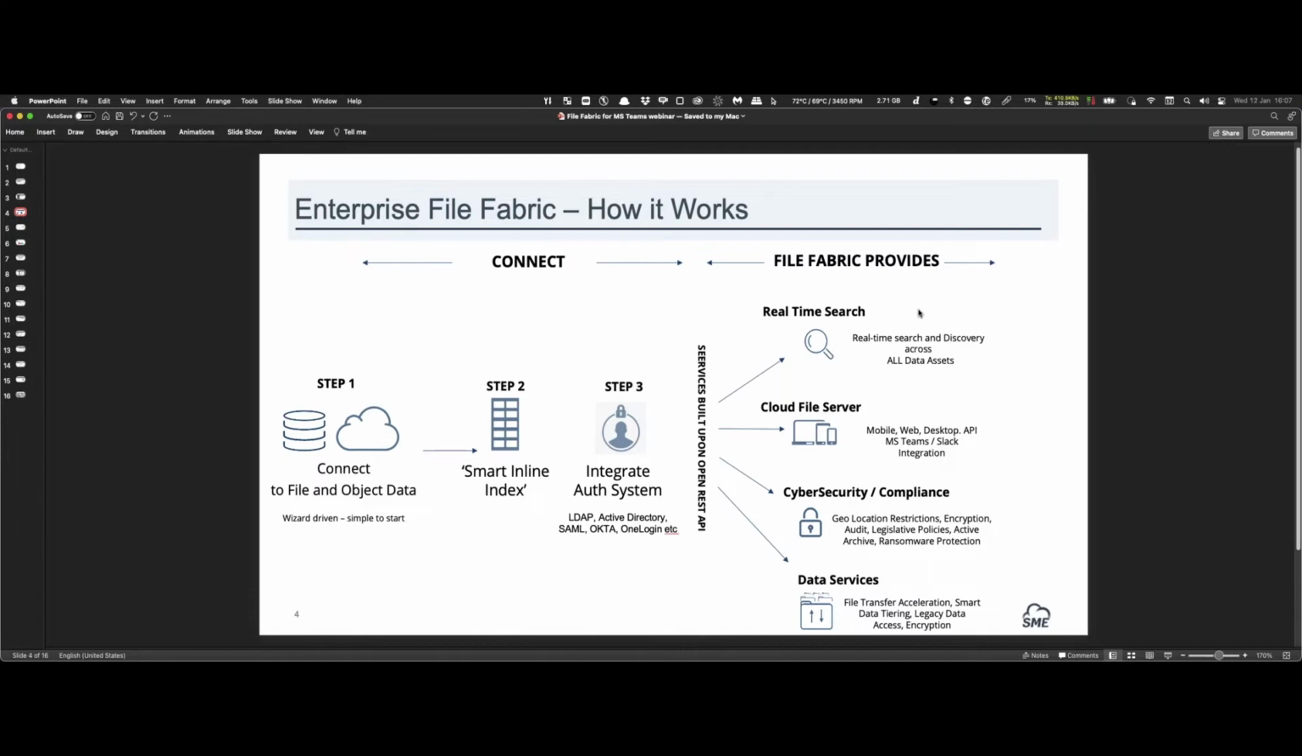That can be an LDAP, an Active Directory, or some SAML derivation such as Okta or OneLogin, etc. Once all that's set up, the file fabric is able to provide that single namespace and a number of different abilities across those storage assets, whether that's real-time search, whether that's providing a single namespace cloud file server with integrations